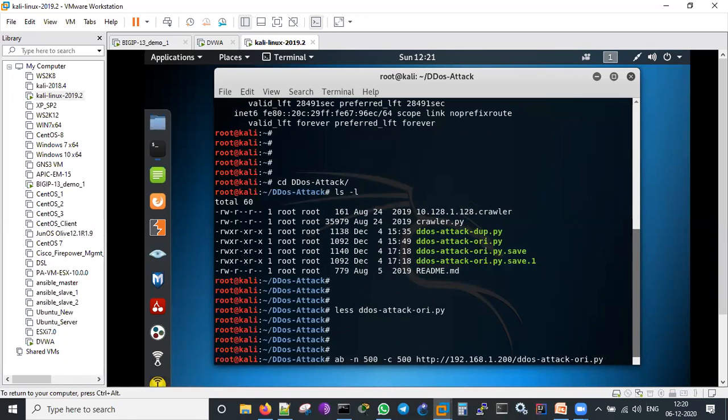This is the attack. AB means Apache benchmark. Okay. 500 numbers, with each attempt being attacked 500 times. One link will be attacked 500 times. Each one time there will be 500 attacks happening like that. It's not so hard. See, 500 times I will be attacking it. Every time I am attacking the application, there will be 500 volume of attack. That is the meaning of this.